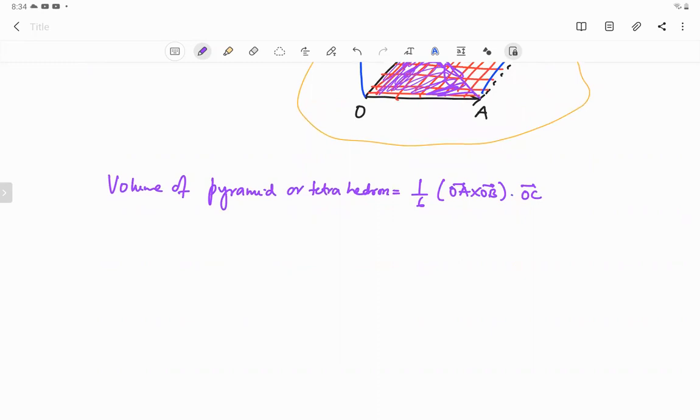We can do a little practice of this, and we can do the question in exercise 6A. In exercise 6A, question number 7 refers to this kind of questions. We will not do many questions of this. We'll just do only one question because we just want to have an idea of this kind of question. Okay, question number 7A.